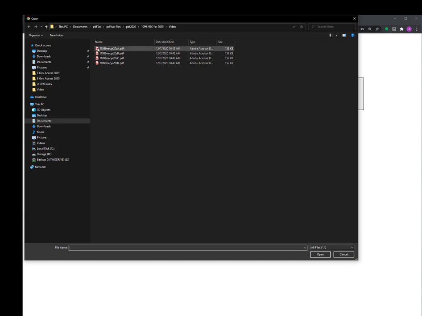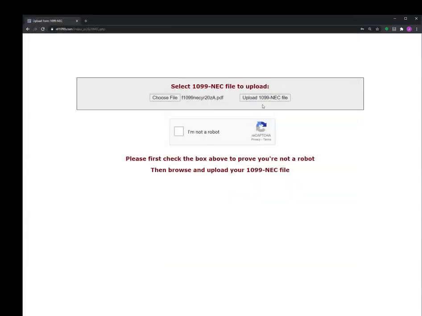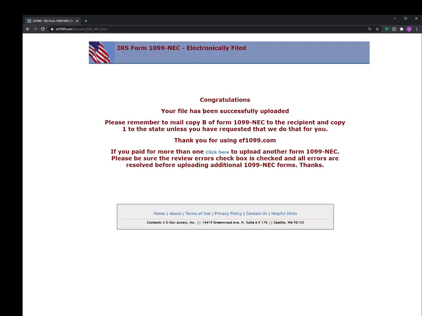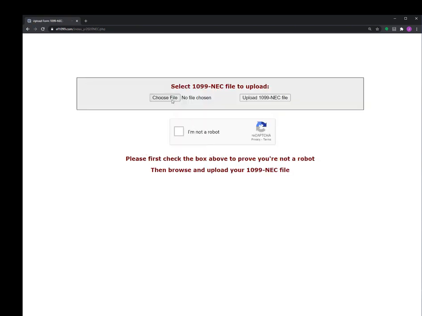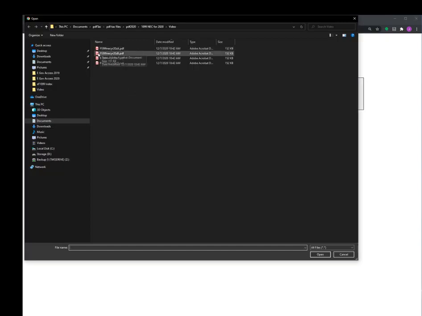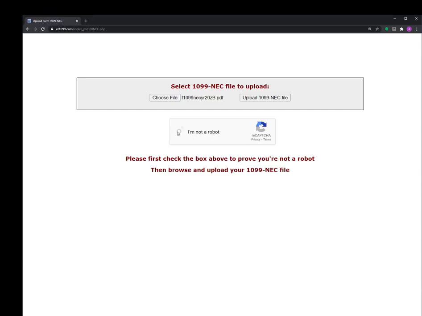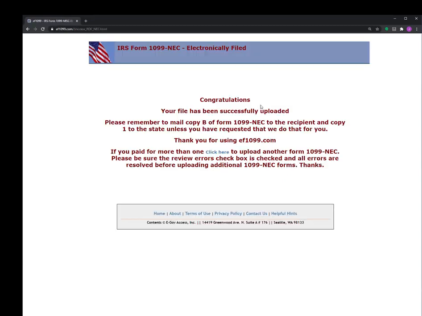And so I'm going to select my first of the 4 forms, and I'll say open, and then I need to check this box to prove I'm not a robot, and then I upload the form to the IRS like that, and it says successful. So now I need to upload the other 3 forms. So I'm going to click here, and again I'll choose my form. This time I'm going to do the second one, say OK, and again check this box and upload, and then